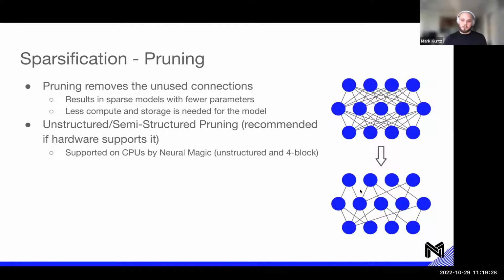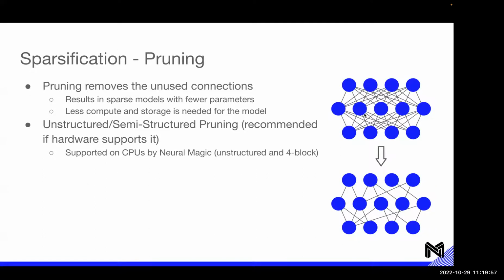So unstructured is what we're doing here, where it just looks like a random assortment of weights removed. Whenever we do semi-structured, we're actually blocking in groups of 4. It depends on the network how you block, but when we're looking at this fully connected network at the top, and hopefully everybody can see my mouse, let me know if you can, for 4-block, we're going to remove the first 4 connections, and then